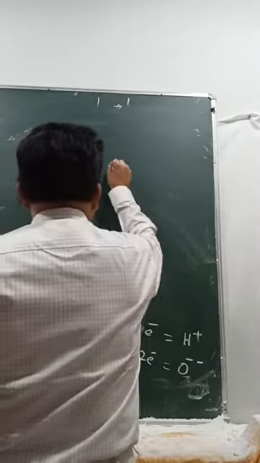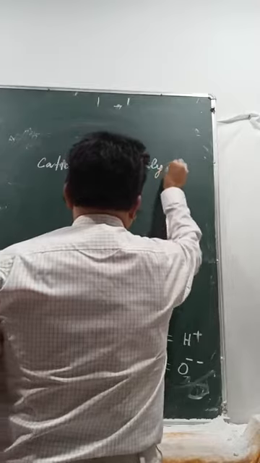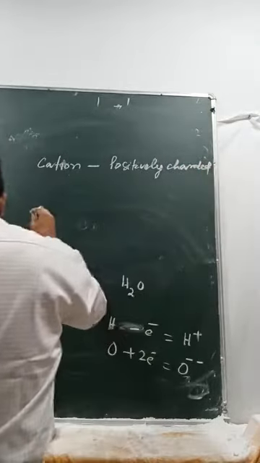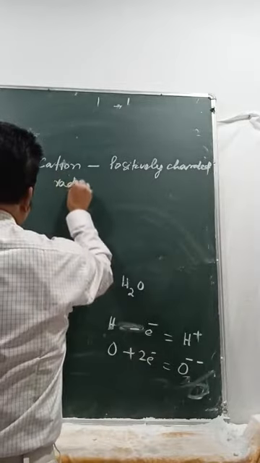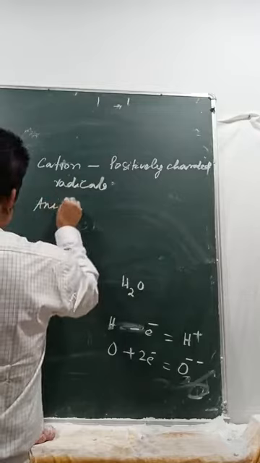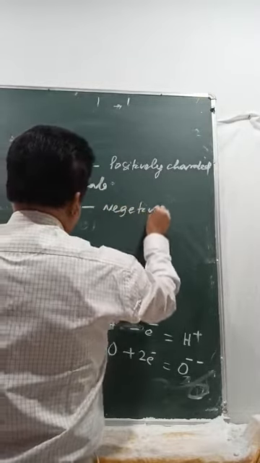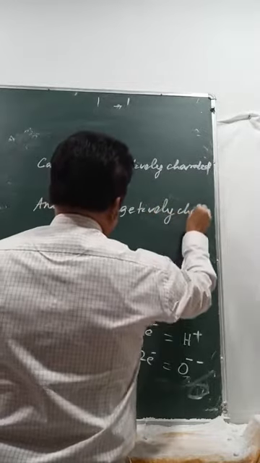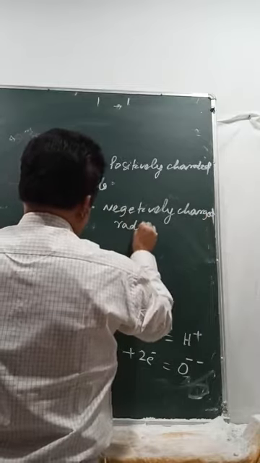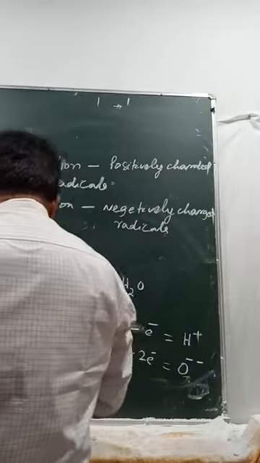This is positively charged radicals. Anion, negatively charged radicals. Okay. Another point you have to understand here, that